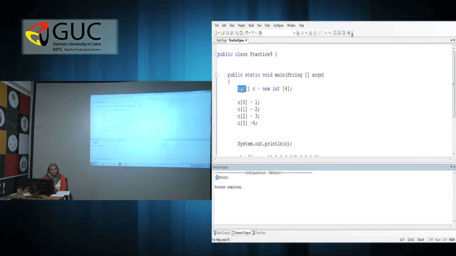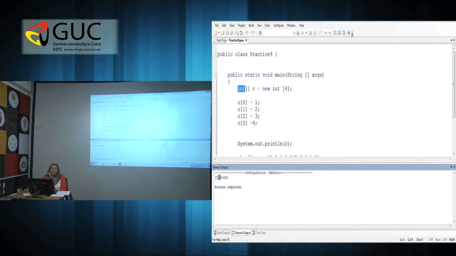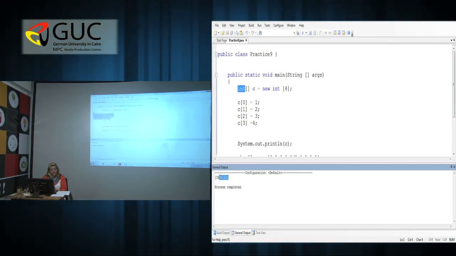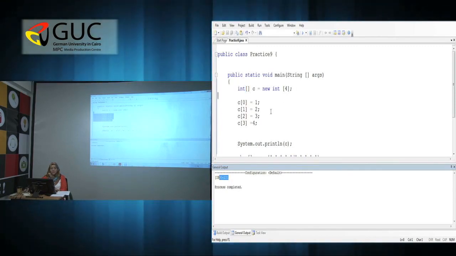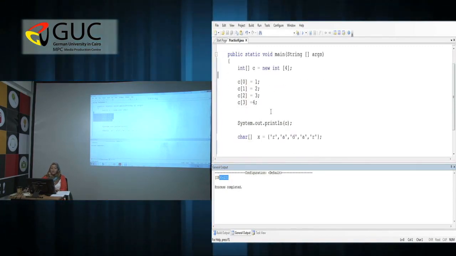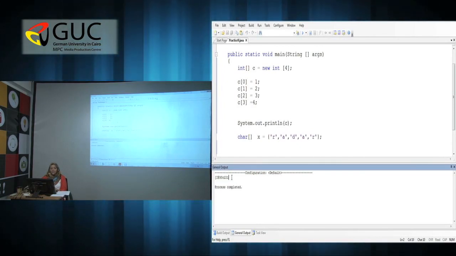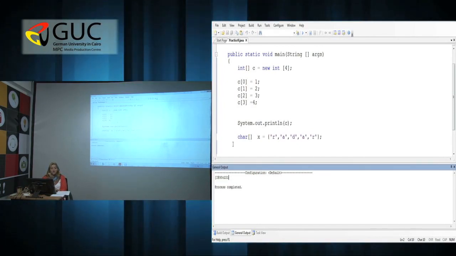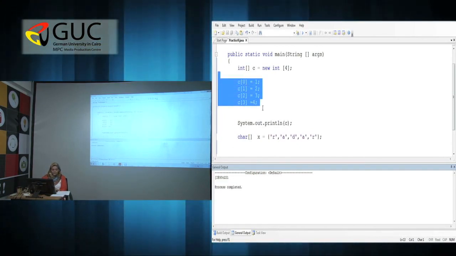So if I don't want to see this, then what you need to do is to traverse your array from 0 till the length minus 1. And what you will do is you will print each cell of your array. So I can do something like